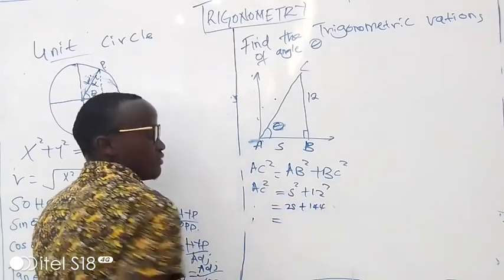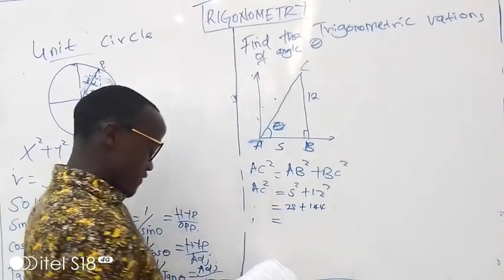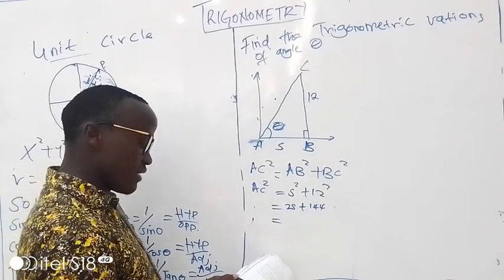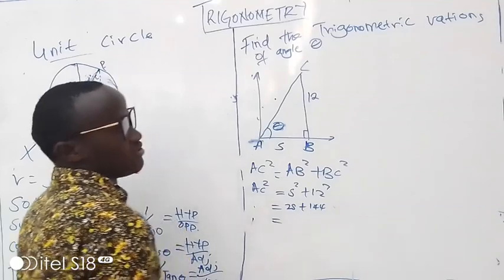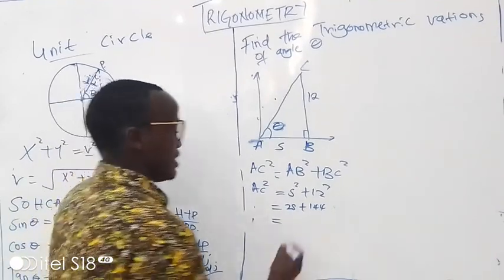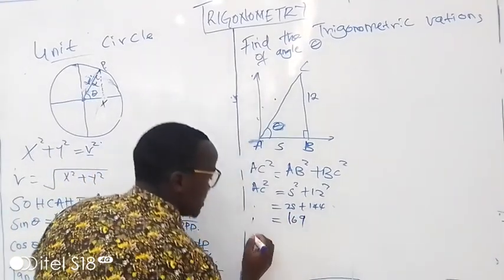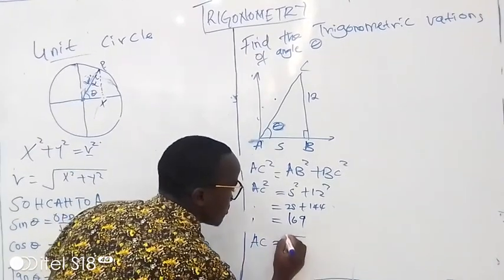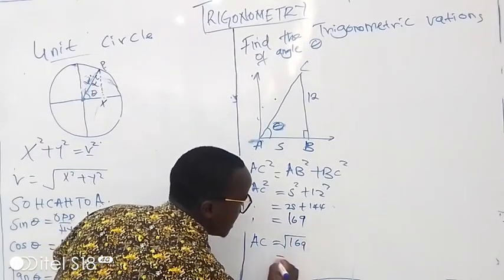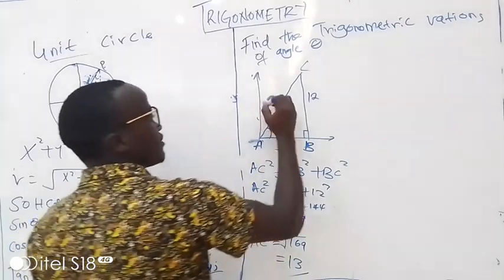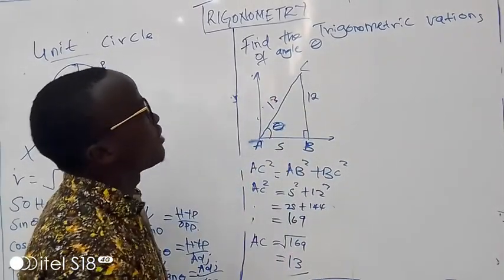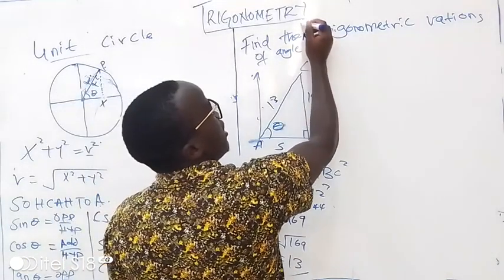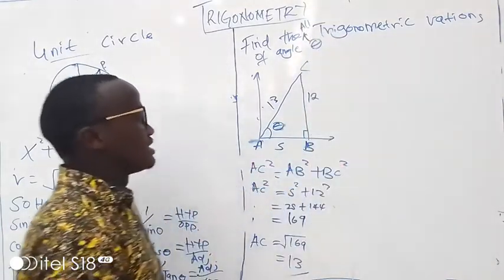Ensure that you are not using your mind if you know that you are not that accurate. This is 169. So our AC is equal to the square root of 169, which is 13. Now we have gotten this as 13. And since we are told to find all the trigonometric ratios,